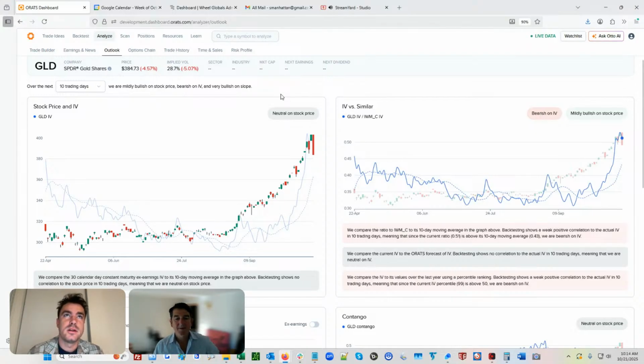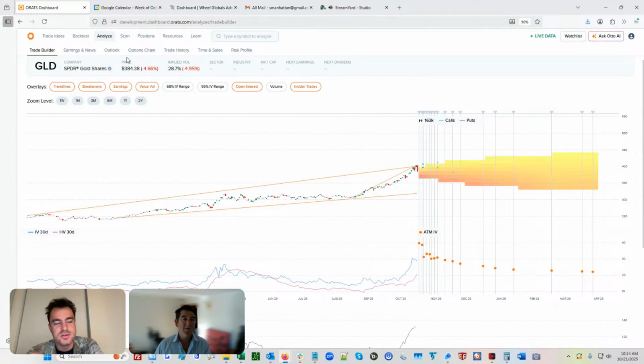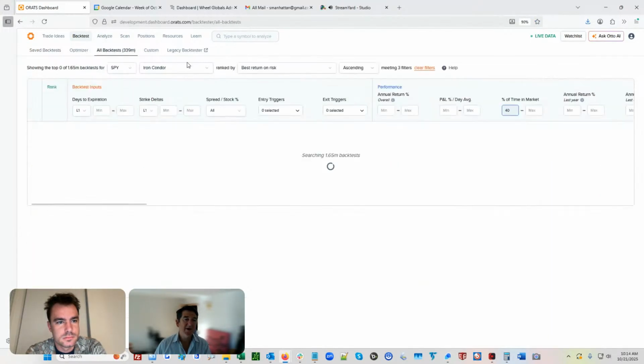So you mentioned when looking at the trade builder, what you want to do sometimes in these situations is look at back tests and see how they performed during a similar time frame. How would you do that in the dashboard? Yeah, so you would go to the back tester, and we already have pre-run strategies in gold. So you could look at GLD,